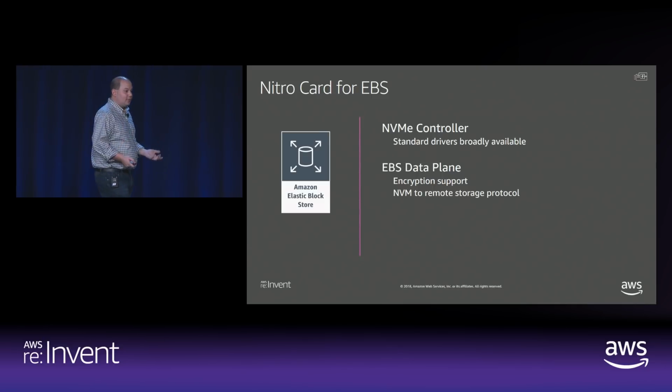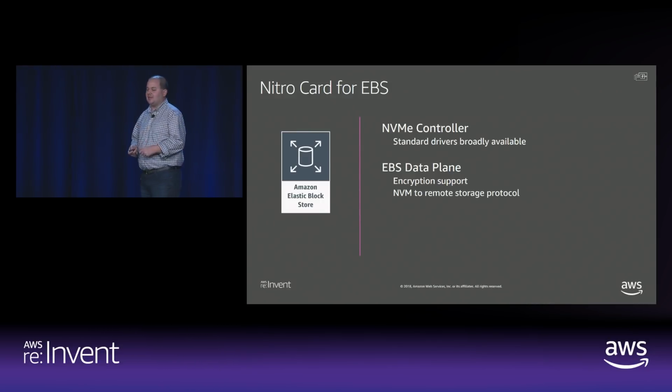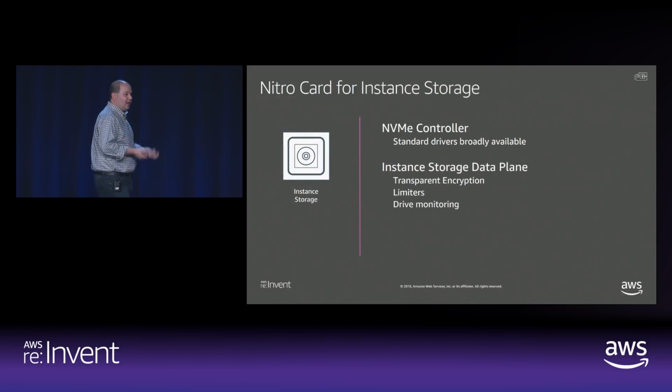Now, network storage is great. And for most customers, this is actually the right way of doing block storage. You get better durability, and you get the ability to do things like snapshotting, which makes backup and a lot of other things super, super easy. But there are some customers that have asked us for local storage. And so with the i3 instance type, which we launched maybe 18 months ago, we introduced a Nitro Card specifically